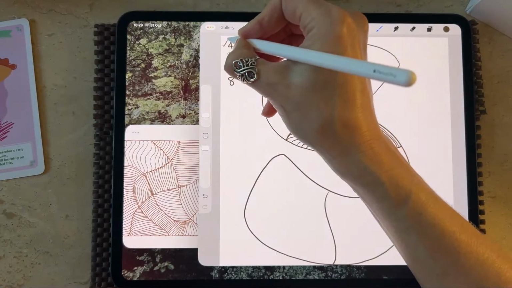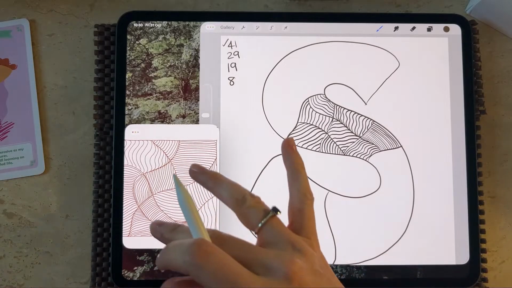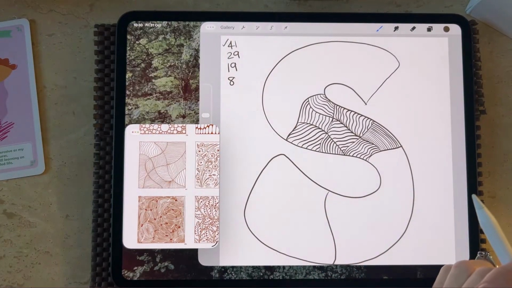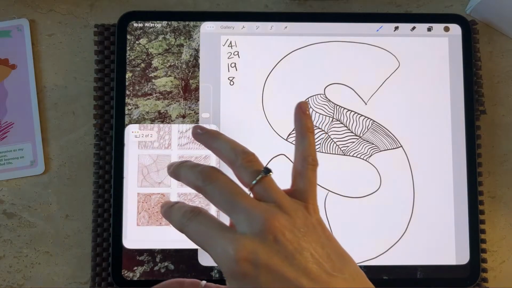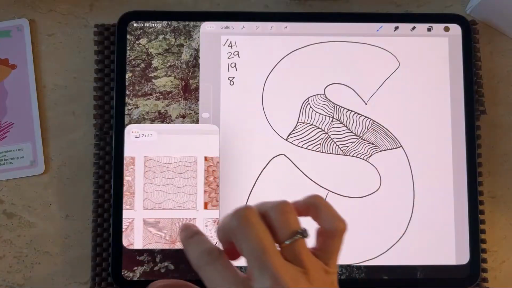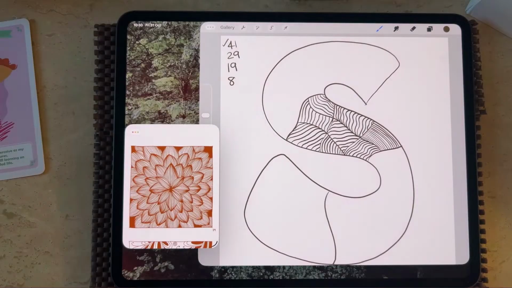That was an easy one. A nice one to start off with, a nice little starter doodle, just to get us warmed up before we get into the more detailed ones. How are you all doing? Are you good? Good, thank you.